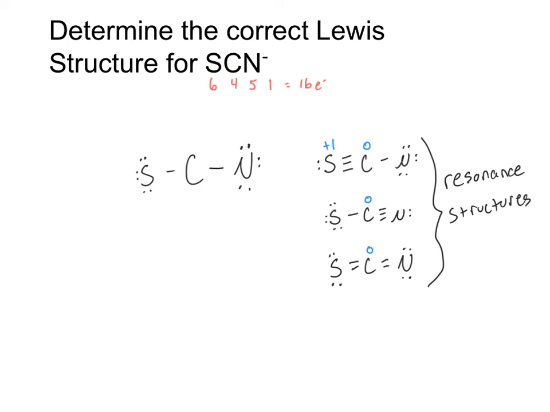Nitrogen comes with 5 valence electrons and now has 1, 2, 3, 4, 5, 6, 7 electrons around it, and so nitrogen has a formal charge of -2. +1 minus 2 equals -1. And so that formal charge analysis seems to work out, since the charge on SCN-